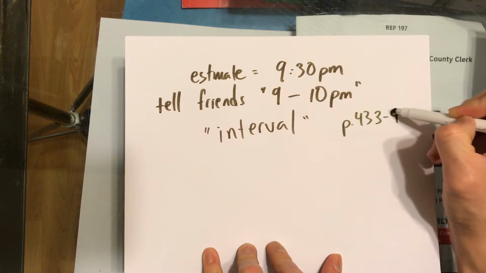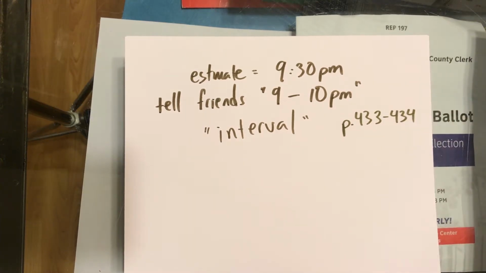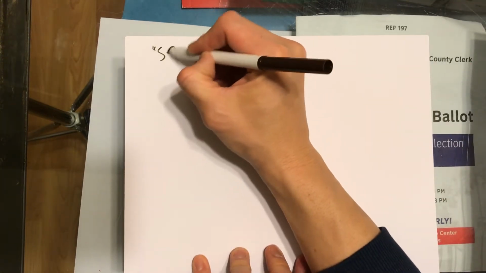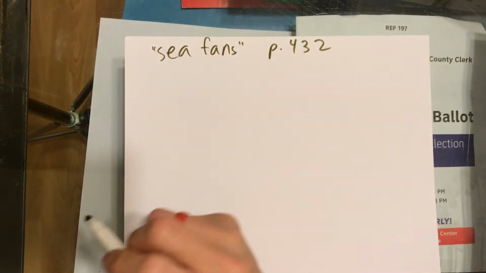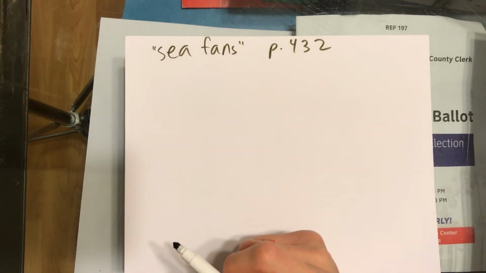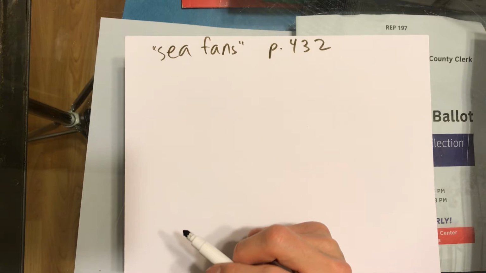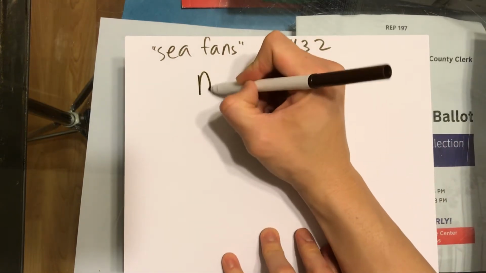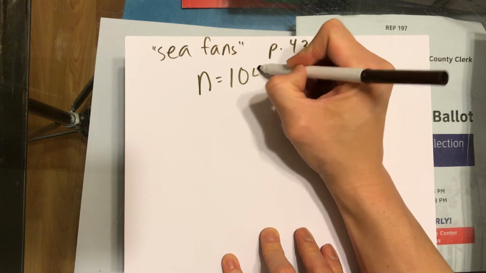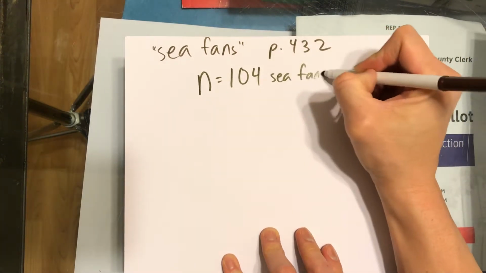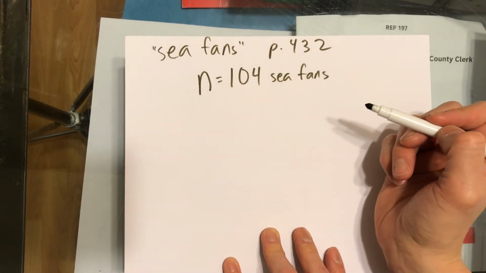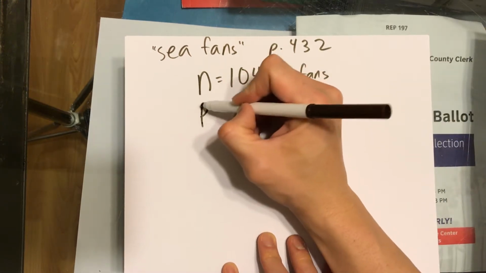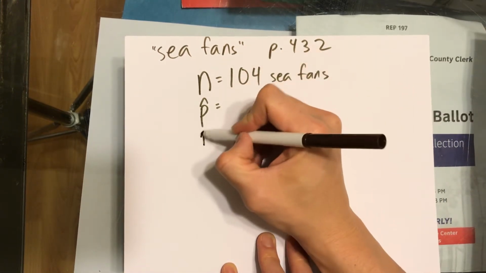If you take a look at page 433 to 434, it's going to talk a lot more about that. The example that they give in the textbook is about sea fans. It's at the very beginning, 432. What in the world is a sea fan? Anyways, who cares? I guess they're like coral maybe, and they sample 104 sea fans in the Caribbean Sea, and they find out that 54 of them are infected with this disease. So our p hat, what we just observed, remember, this means